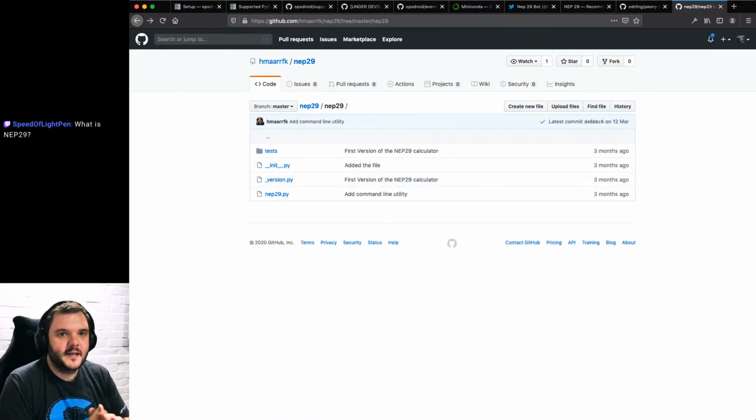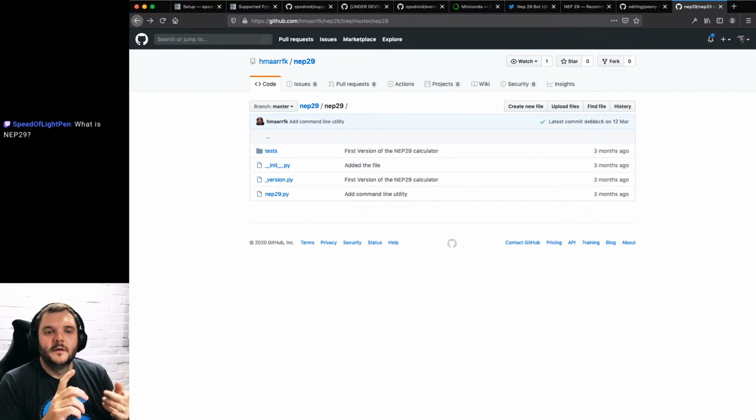Okay. So NEP 29 is where do I start? In Python world, we have enhancement proposals, the enhancement program. So you have the PEPs. PEP 8 is the most well known, which is the proposal for how you should structure your code in Python. NEP is, there's a Python library called NumPy, which is for doing array maths really fast.